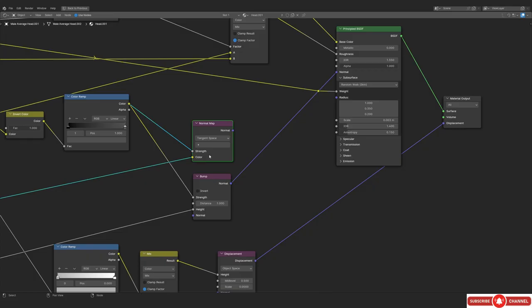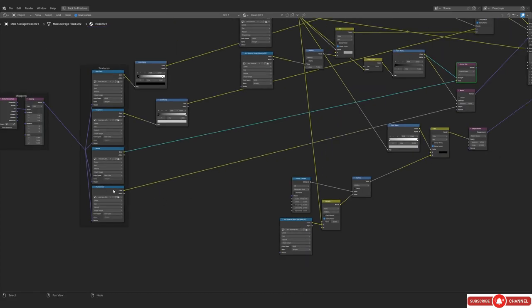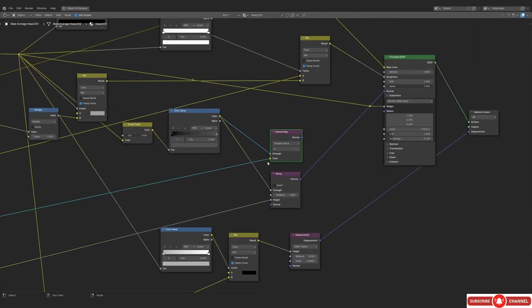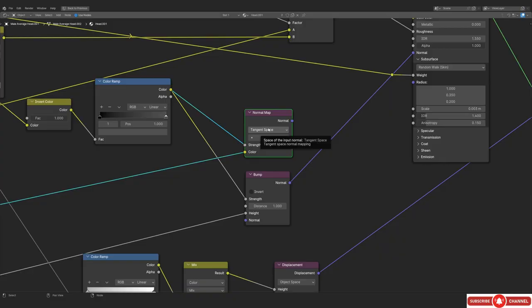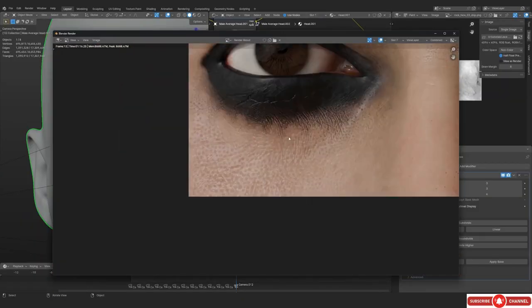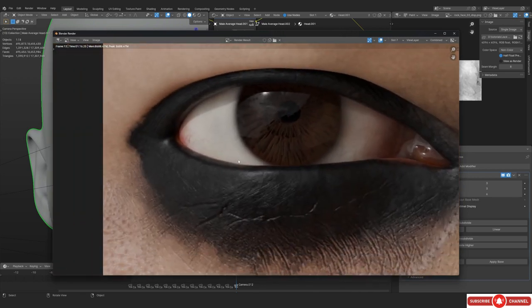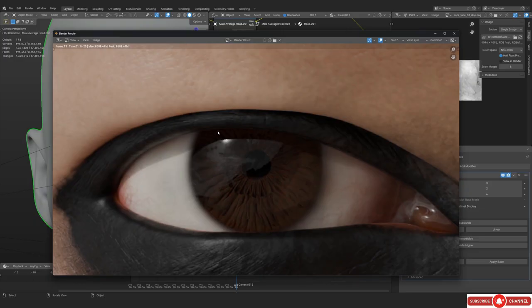So this is the node, and instead of the normal map, I've ended up using the bump node. Because normal was giving a little bit of a weird result, I think, or I don't even remember why I switched the normal node with the bump node. I think you don't get the micro displacement correctly, if I can remember it. Yeah, I think it's because of that.